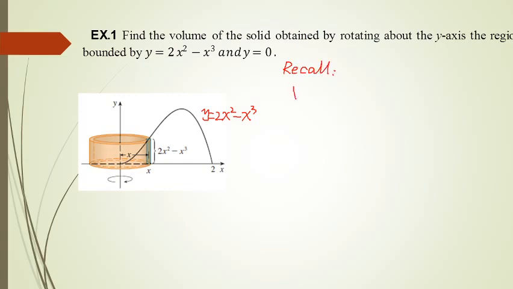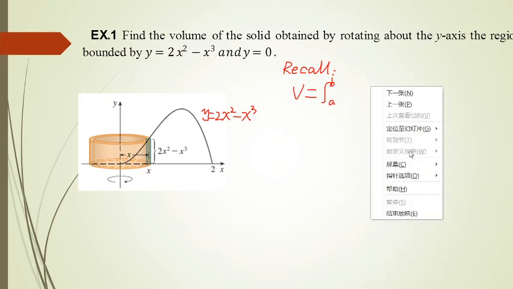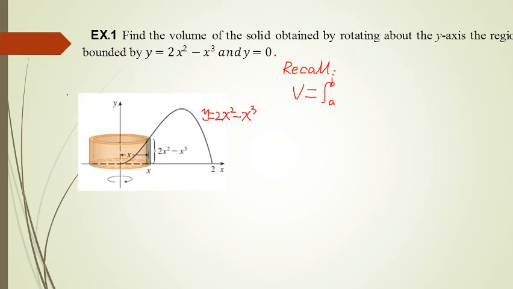using the cylindrical shell method, the volume will be the integral from a to b of 2 pi x times f(x) times the thickness dx, right? 2 pi x denotes the circumference. So we need to figure out each part. We also understand this 2 pi x is the circumference of the base circle, and f(x) gives the height of the cylinder,